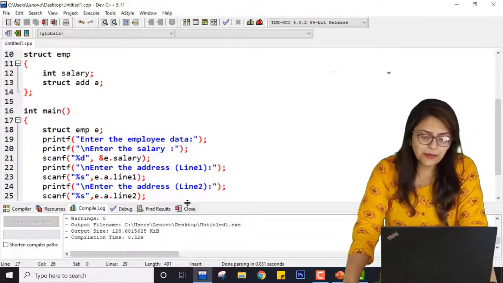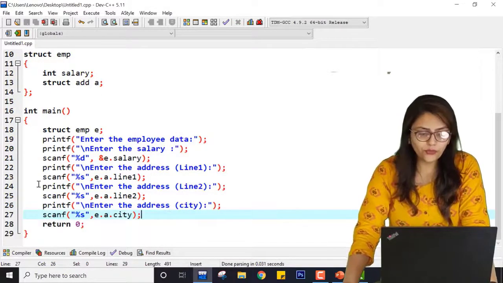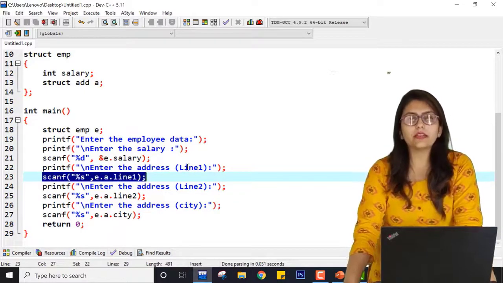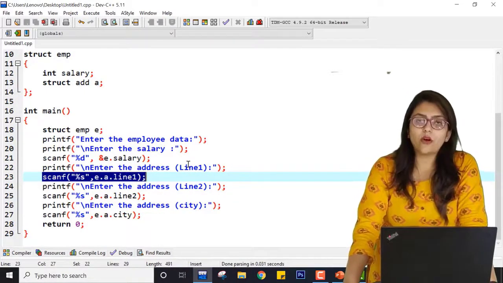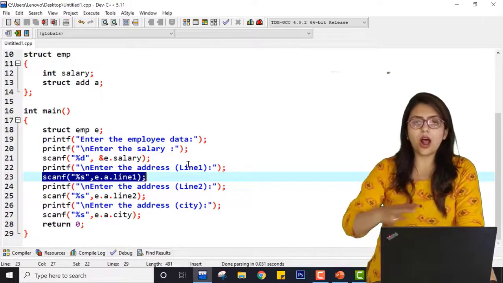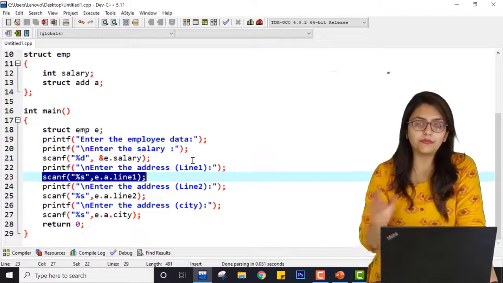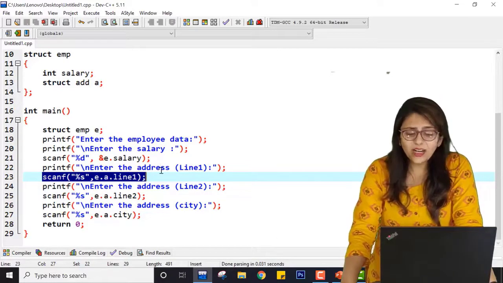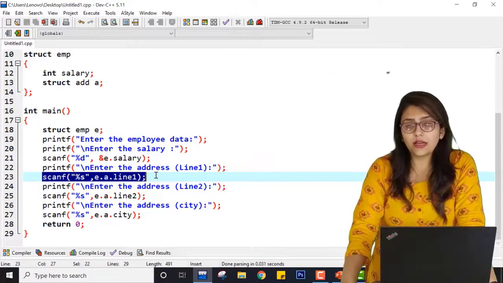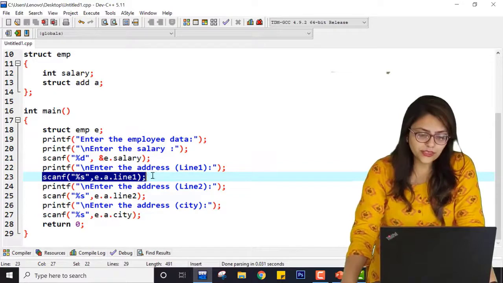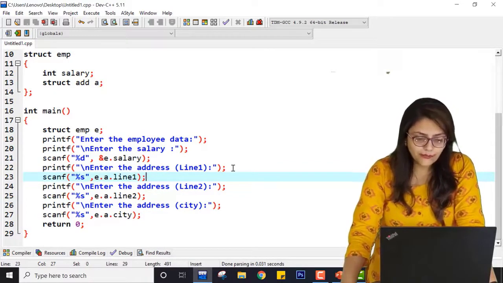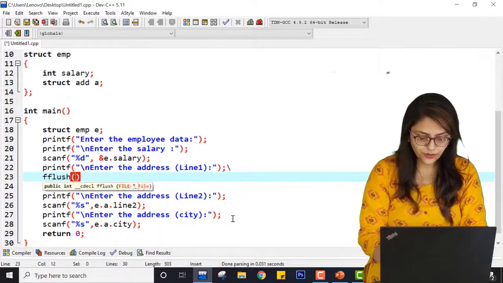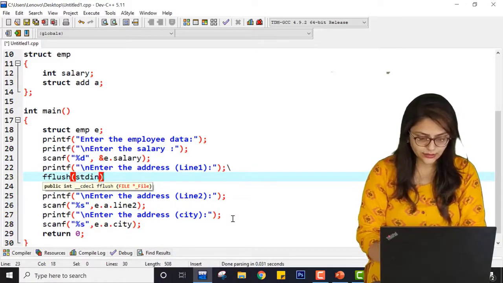Why? Because sometimes while dealing with strings and if you are using scanf, it may happen that the buffer contains some garbage value. Now what exactly this buffer is and how exactly it looks in terms of hardware, we are going to study in COA. But right now just understand that there exists some garbage value in terms of strings. So every time before using scanf, use this function fflush(stdin), right?